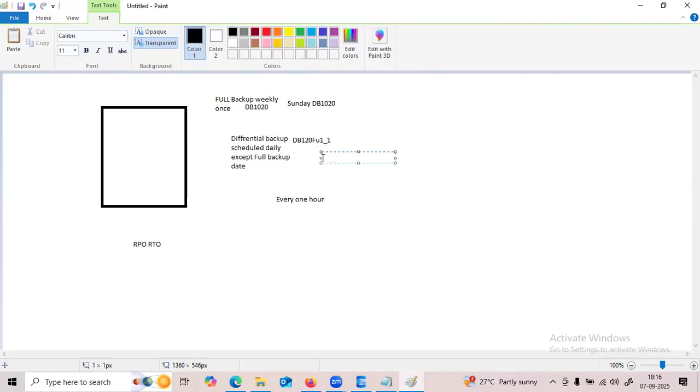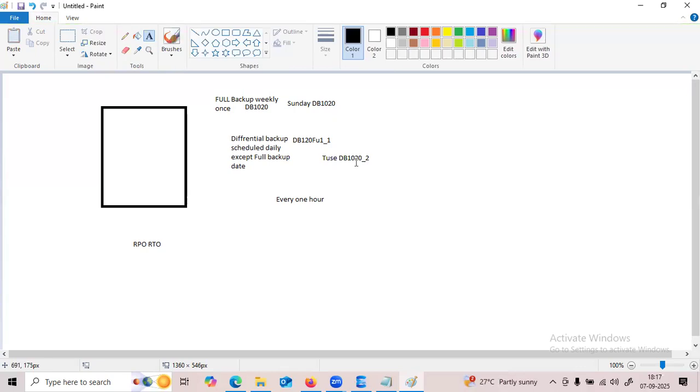These are assumption numbers, not exact numbers, just rough numbers for the LSN. So Tuesday's differential backup will be DB 1020 underscore 2, following the LSN number of the full backup.